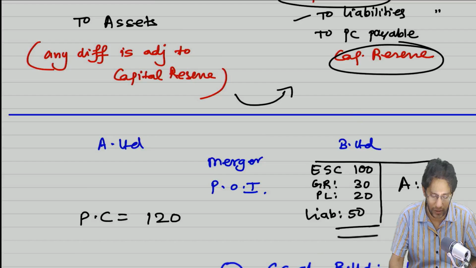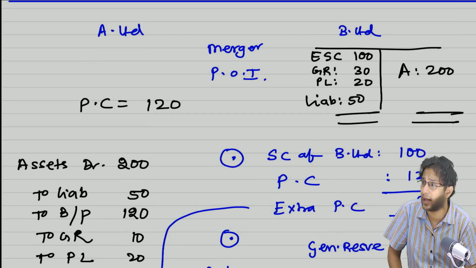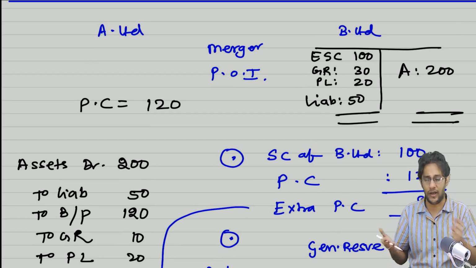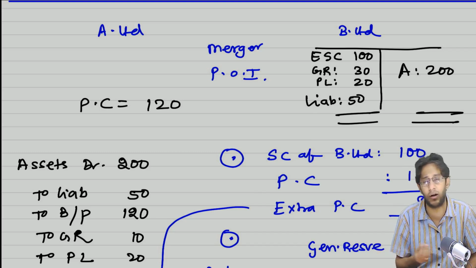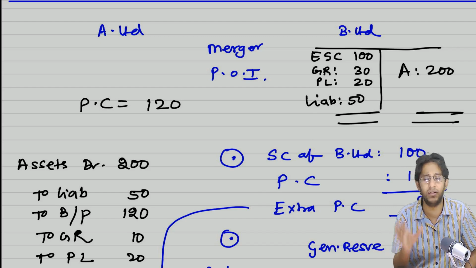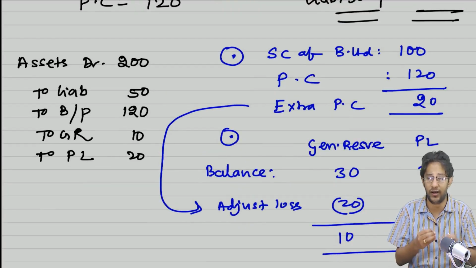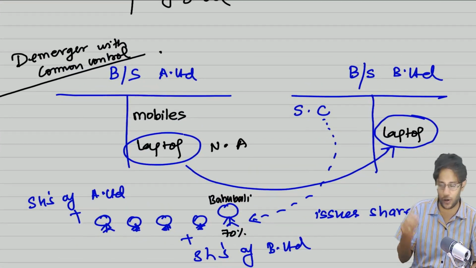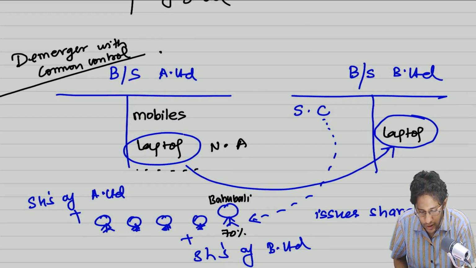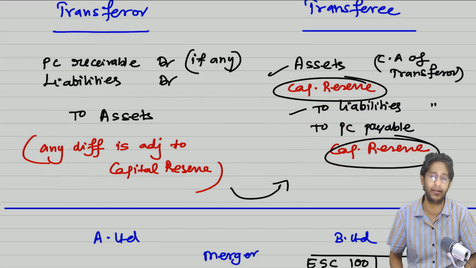So I've followed that. But there is one more scenario where the selling company has some reserves, and there is a common shareholder in A Limited and B Limited, and both are merging now. In this, the same person is controlling the businesses before and after the arrangement. So every reserve can be incorporated after adjusting this. Basically all the reserves, in their own identity, will be taken over in the pooling of interest method. But that is not possible in a demerger case, because you are not taking over the entire A Limited, we are only talking about a division. So A Limited's reserves being taken over by B Limited is not technically possible here. That's why the study material has adjusted it against capital reserve.